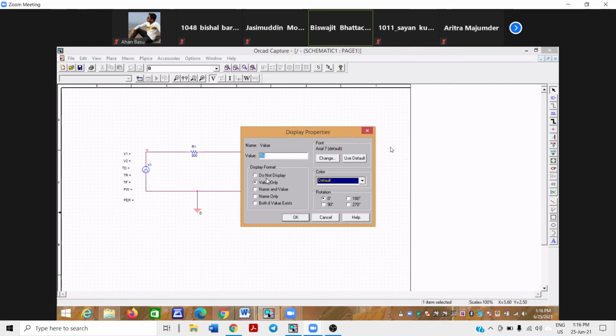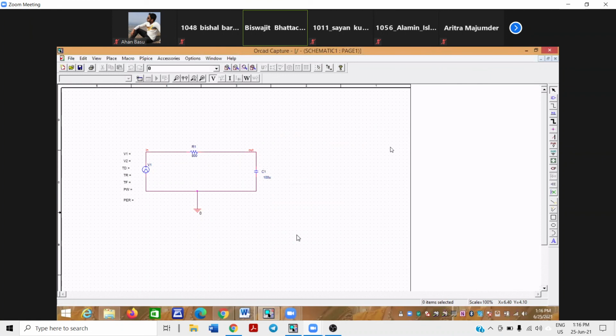I'll give you a material where all such suffixes will be written. If I write say 100 microfarad, I write 100 U. You can write F. F means farad. But if you don't write F, it will be automatically taken by default as F. So it is 100 microfarad. 100 microfarad means 0.1 millifarad actually. Capacitor. Now our values are given.